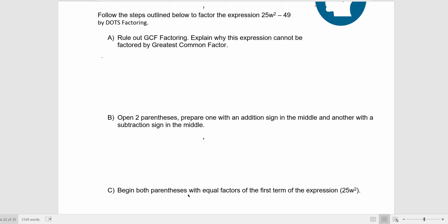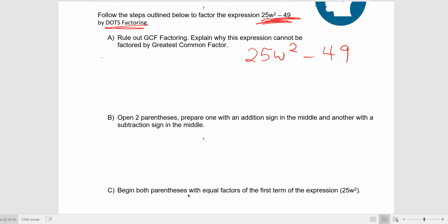Follow the steps outlined below to factor the expression 25w to the second minus 49 by DOTS factoring, which we don't know what that means yet. Okay, so the first step is to rule out GCF factoring and explain why this expression can't be factored by